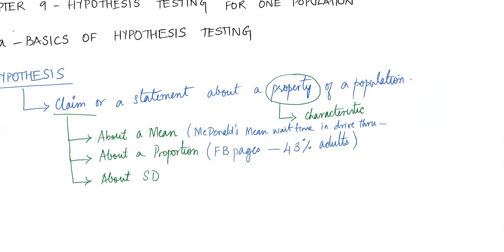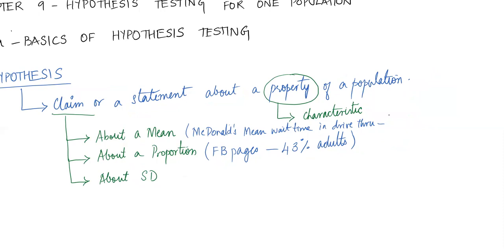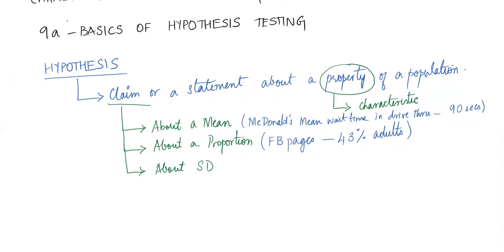They probably make some claims, but not the one I'm trying to use as an example here. So I'm saying the mean wait time is 90 seconds in the drive-through. Okay, this does not sound realistic, but just for us to have some number. So if you were to convert these things